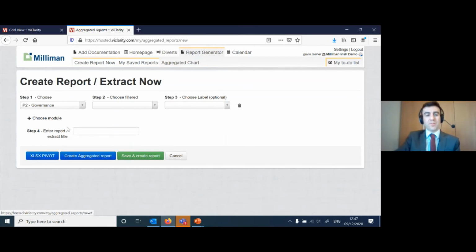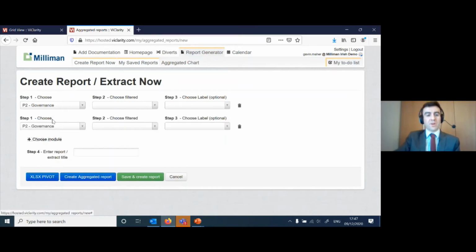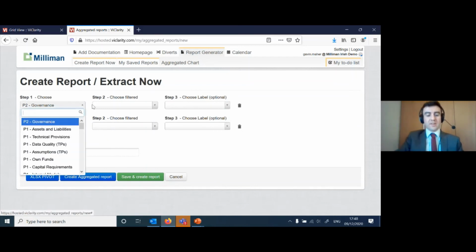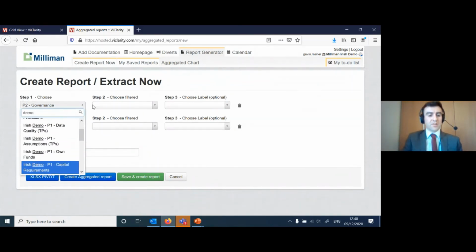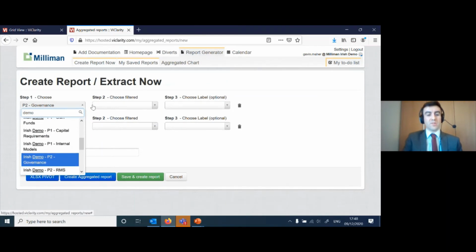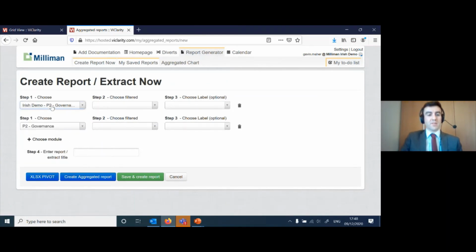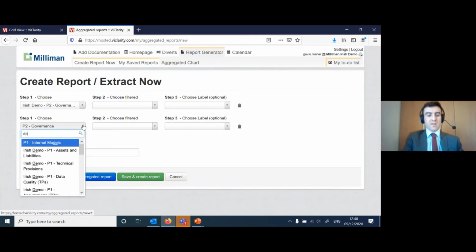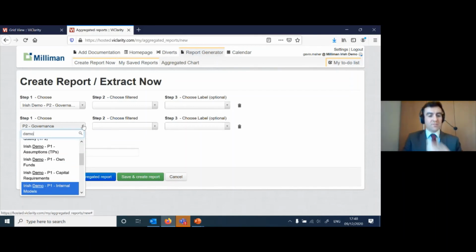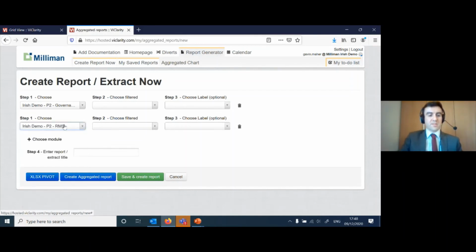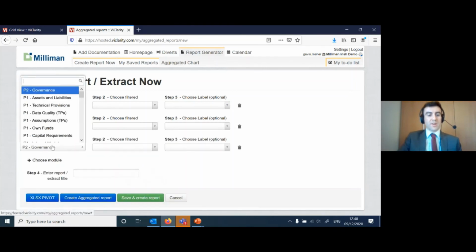The report generator button that I just pressed up the top. So if we go through here, you can add different modules. So if we just wanted to put in the Pillar 2 modules all in one report, we can pick that here. So you have Pillar 2 governance, and then if you scroll down, you have Pillar 2 risk management systems. And as you press this plus button, you can add the different modules that you want to put together.